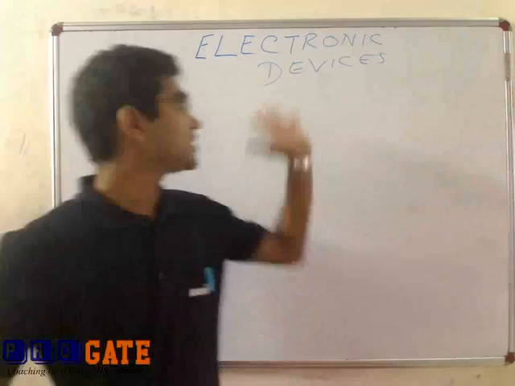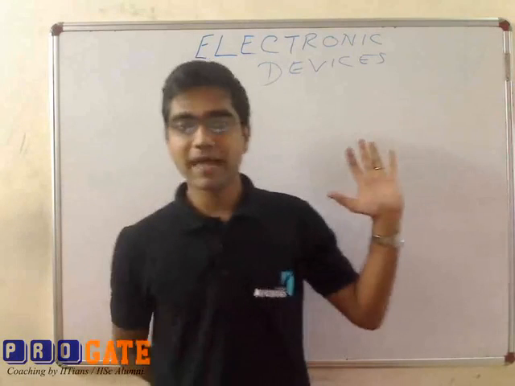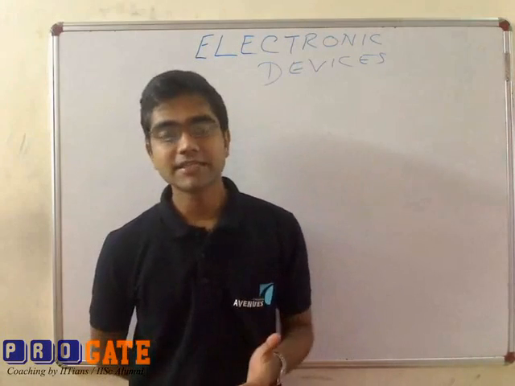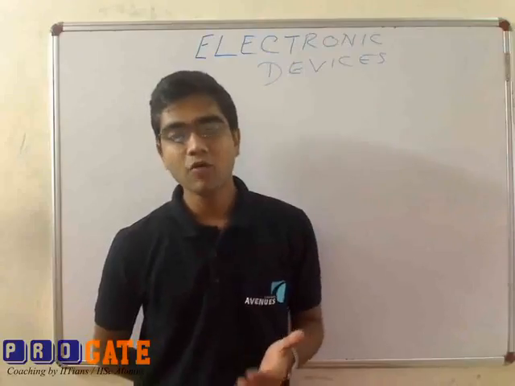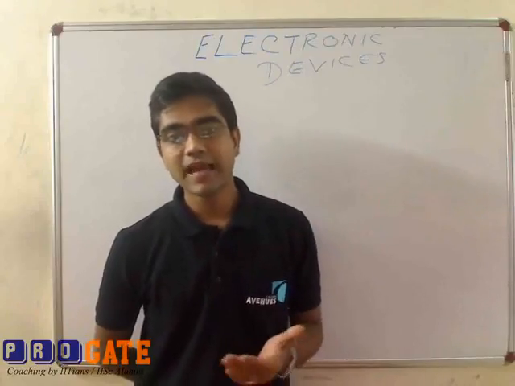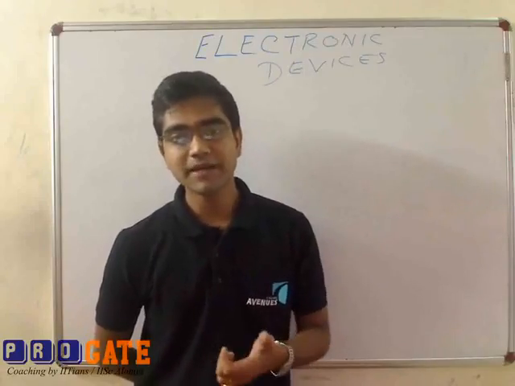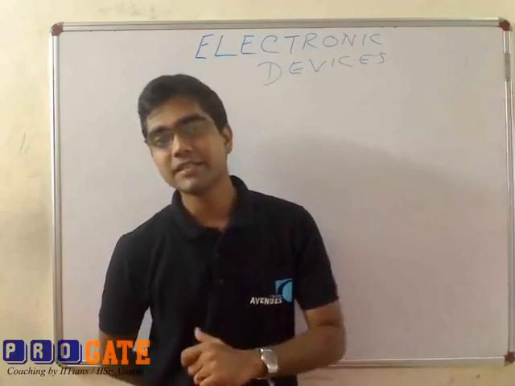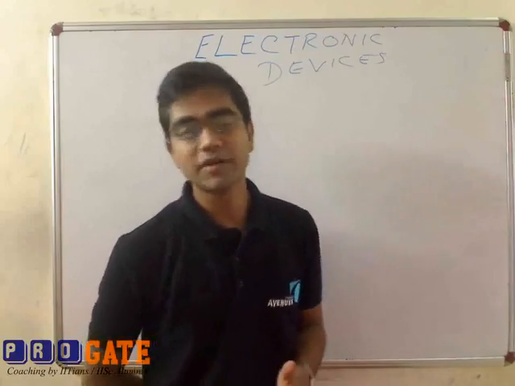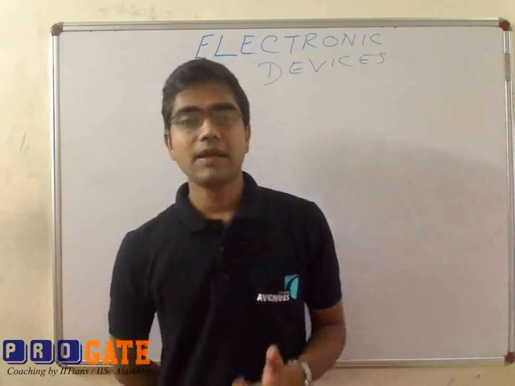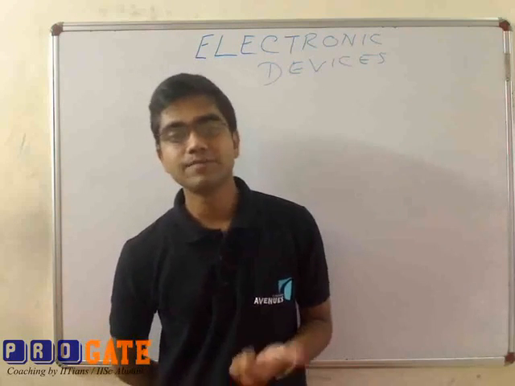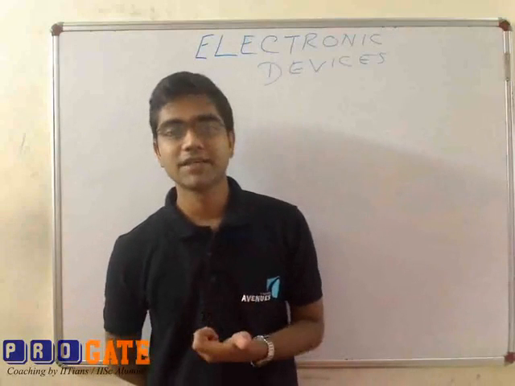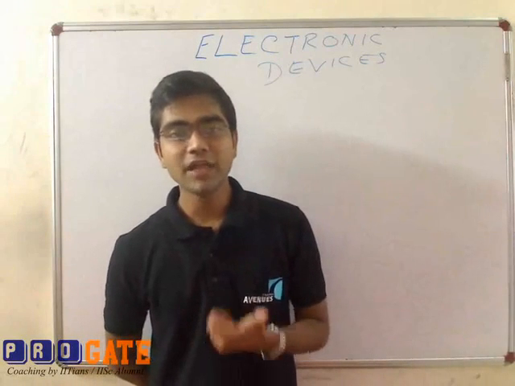Now, this subject is somehow different from analog circuits in the sense that analog circuits generally involve the application of the semiconductor device in a particular circuit, like transistor biasing, FET biasing, MOSFET biasing, and so on. But in the case of this subject, electronic devices, here we deal mainly with how the